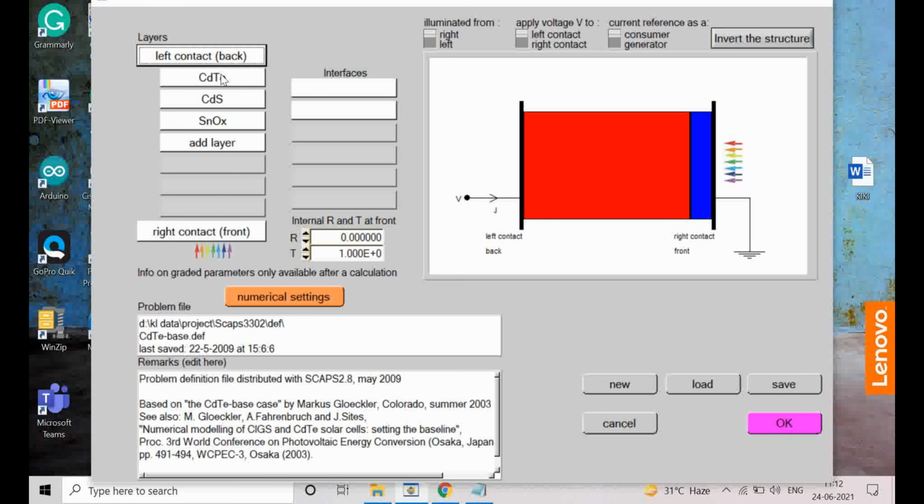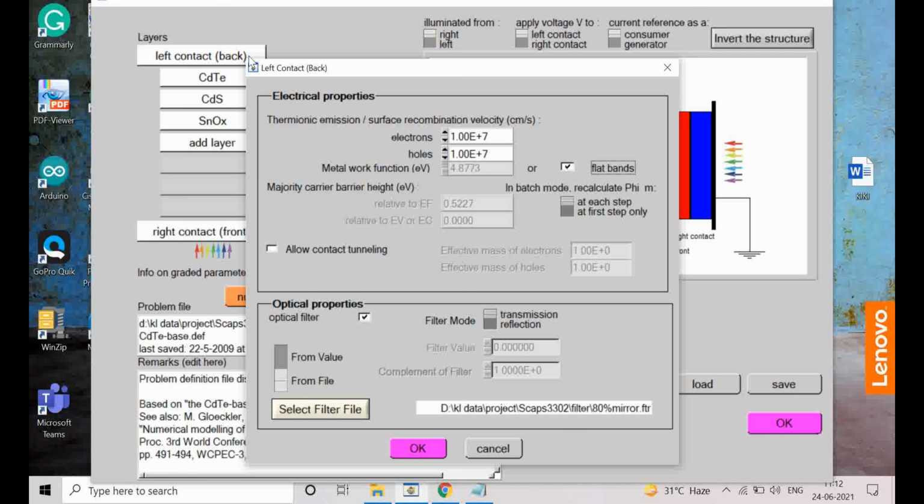Okay, so here you can see CdTe is a P type, CdS is an N type, and SnO2 is an N plus type. So a P and N plus type structure is forming. And the back contact, at the beginning you always make it flat band. Flat band means near ohmic contact. You don't want a Schottky barrier to come into your device structure and complicate things. So first of all, you don't bother about it. You just select flat band, whatever the initial values for electron and hole mobility or velocities are. These are basically the surface recombination velocities for electrons and holes. So you keep them as they are.